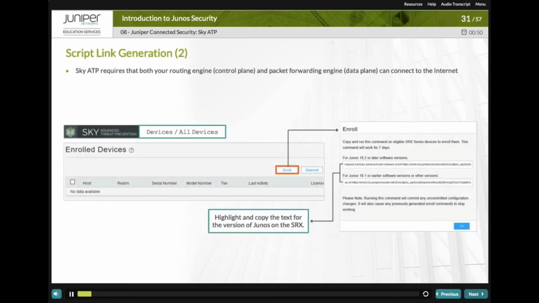Sky ATP requires that both your routing engine, or control plane, and packet forwarding engine, or data plane, can connect to the Internet, but the interface that connects the SRX to the Internet should not go through the management interface. For example, you should not use the fxp0 interface to connect to Sky ATP, and you should instead use another transit interface, such as